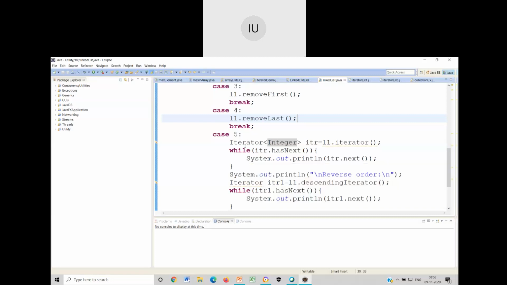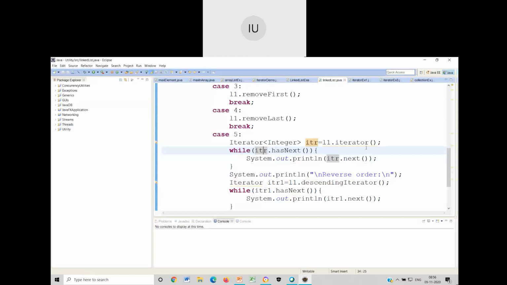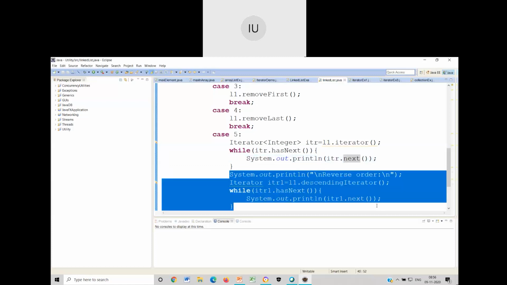Now the same thing is getting done like this. Iterator dot hasNext, until it is not null, it navigates. Then how do I extract that element every time? If it has a next element, then extract that next element. It has a next element, then extract that next element. Something like this, it works. So iterator helps me in navigating through the collection class. This is the advantage of the iterator class. Any doubt at this point until now? Don't bother about this part. Any doubt at this point?